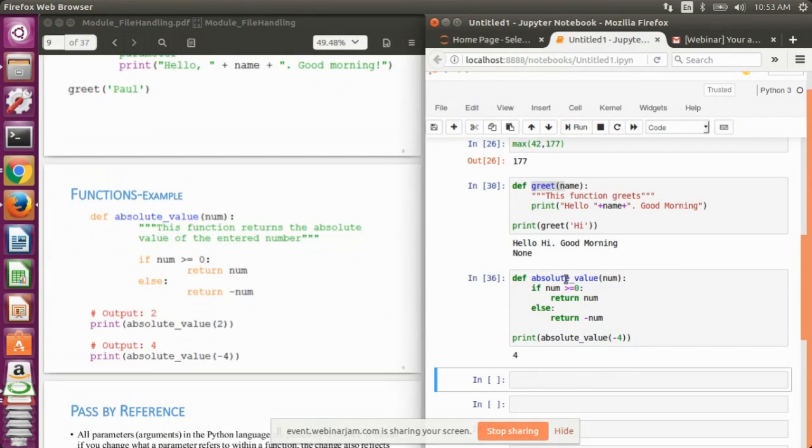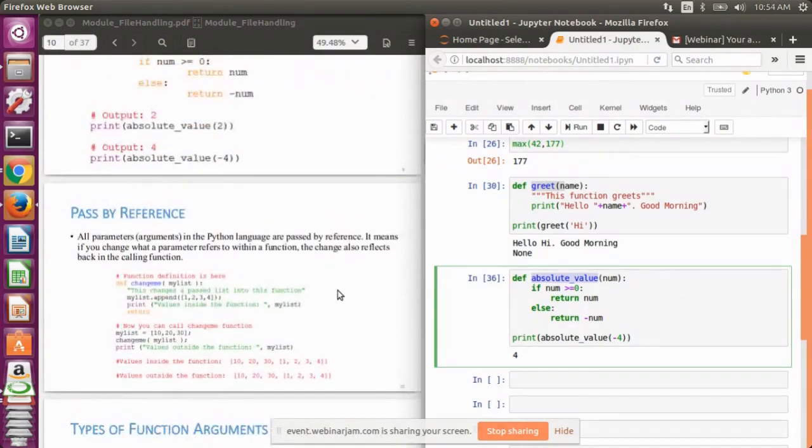But just remember that the function name should be unique. It should not be similar to any predefined function that we have in our Python library, because it will create conflict while compiling the function. So it's safer to define a function that has a name that is 99% not similar to any particular function that we have in our Python library.